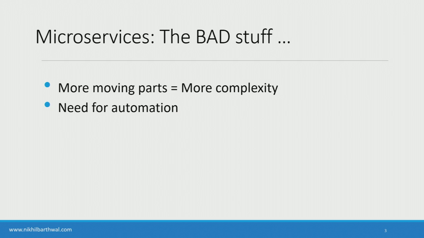There's more need for automation, right? Because when you had this one big service, you didn't actually need automation. You could do everything manually, just one click of a button. But now imagine you have a system with 1,000 microservices, right? And you need a whole lot of CI/CD pipelines and automated testing. Integration testing becomes a challenge. There's a lot of need for automation, which is what I would call undifferentiated heavy lifting that you have to do.